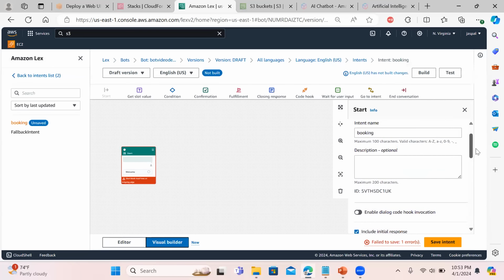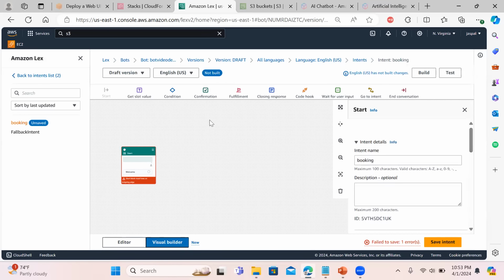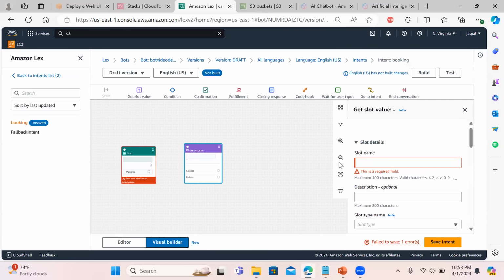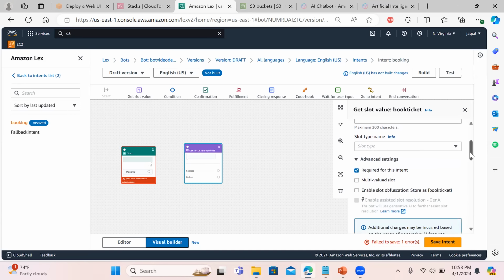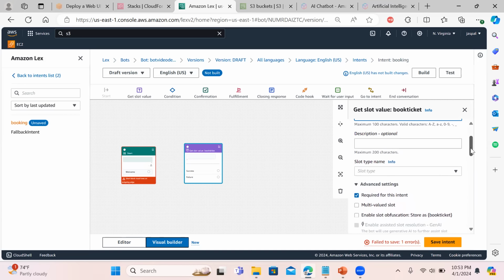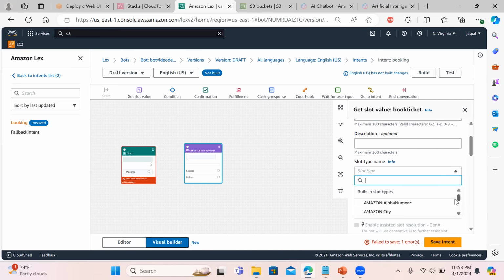Okay, the next thing we have is get slot value. We can put some slot name, let's say bookTicket, something like that. Don't put any space. And we can mention what kind of slot it is, like numeric, or